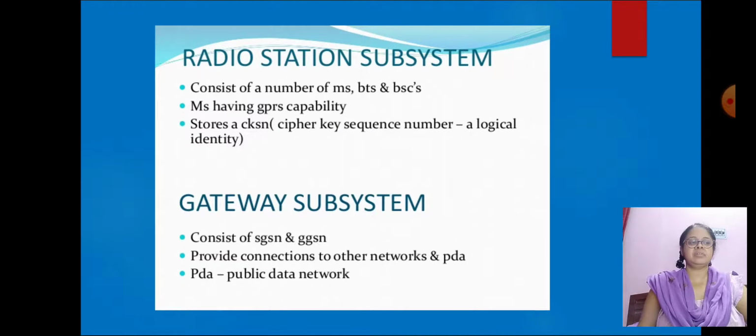As we have started GPRS in the previous presentation, we will continue with GPRS and different components in this class also. We have learned about NSS and BSS. The GSM network is called Public Land Mobile Network (PLMN) and it is organized into three subsystems: BSS, NSS, NMS. BSS stands for Base Station Subsystem, NSS stands for Network Switching Subsystem, and NMS stands for Network Management Subsystem.